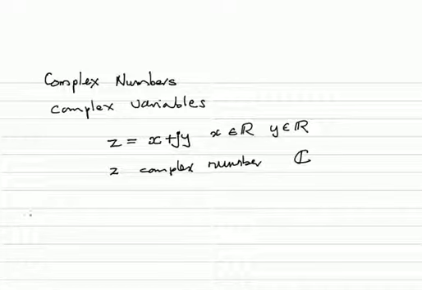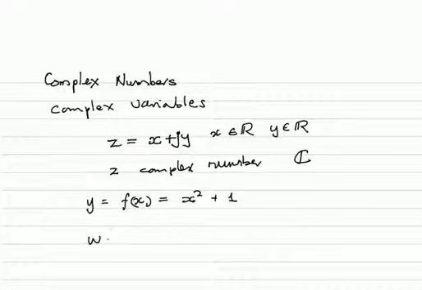Remember, in our previous math courses we dealt with real functions. In this case we're talking about functions of the form y equals f of x, and f of x could have an expression, for example, something like x squared plus 1. Now in this course, this is going to change slightly. We're going to have, let's say, a function omega equals f of z, and we can have a function of almost the same structure, like z squared plus 1.